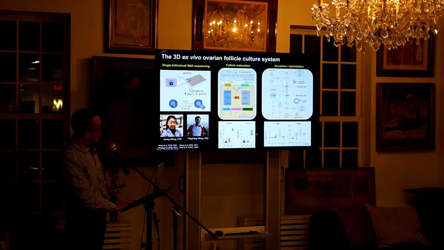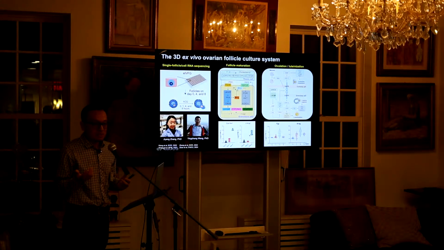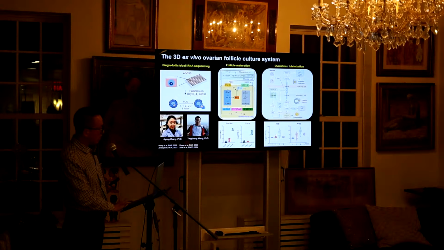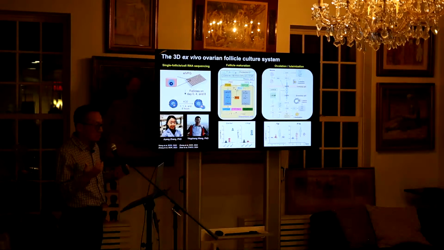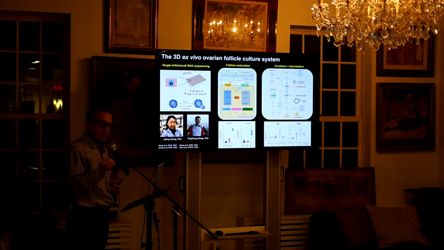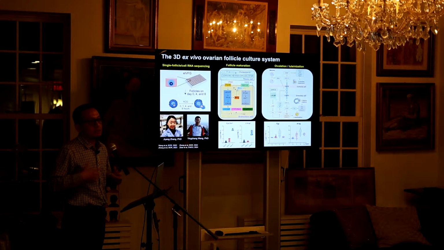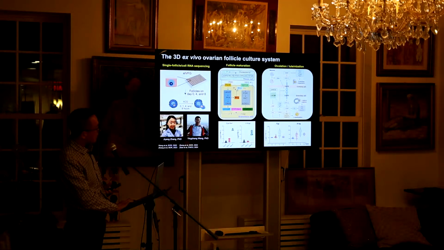And then we also see a lot more LH receptor. The gene's name is LHCGR. Initially the LH receptor is only in theca cells for androgen production, but later on it has to be very abundant in granulosa cells so it can be ready for the LH surge for ovulation. So we also see a lot of induction of the LH receptor in the granulosa cells.